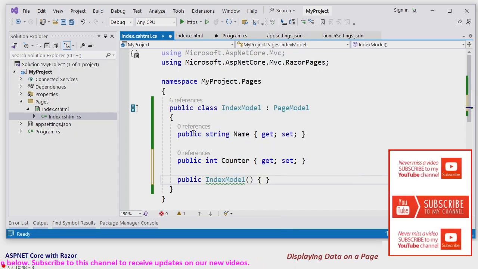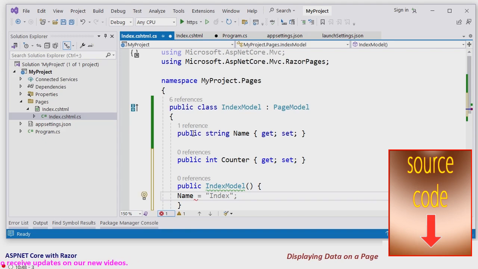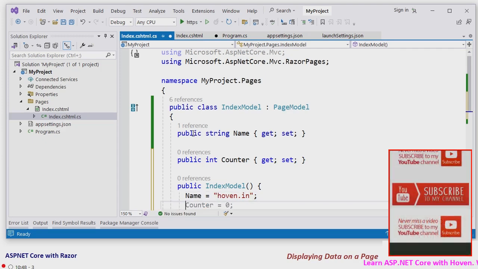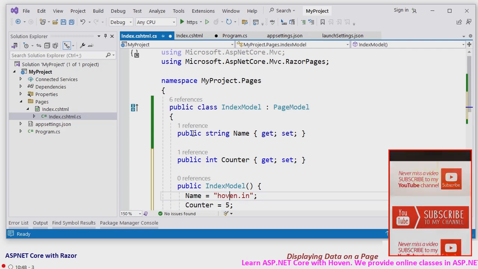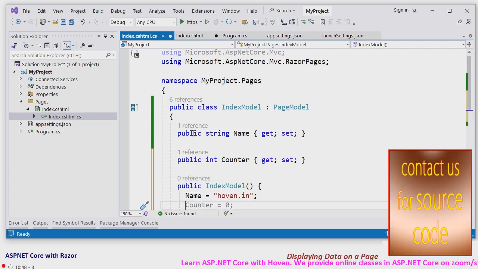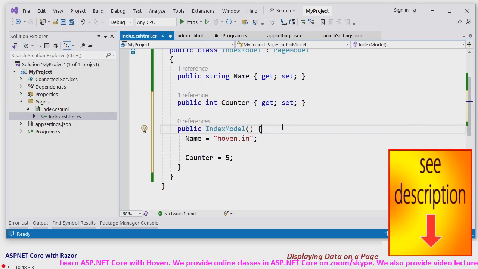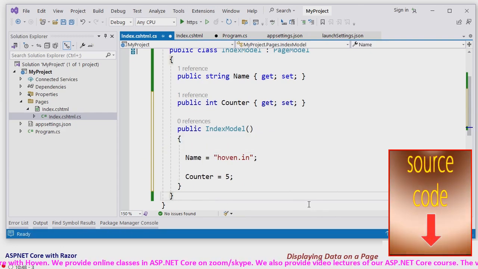Inside the constructor, we will set these properties to some fixed values because we are just learning. So we'll just write hoven.in for the name, and the counter property we can set to any number. This is the constructor, and the name and counter properties have been set here.